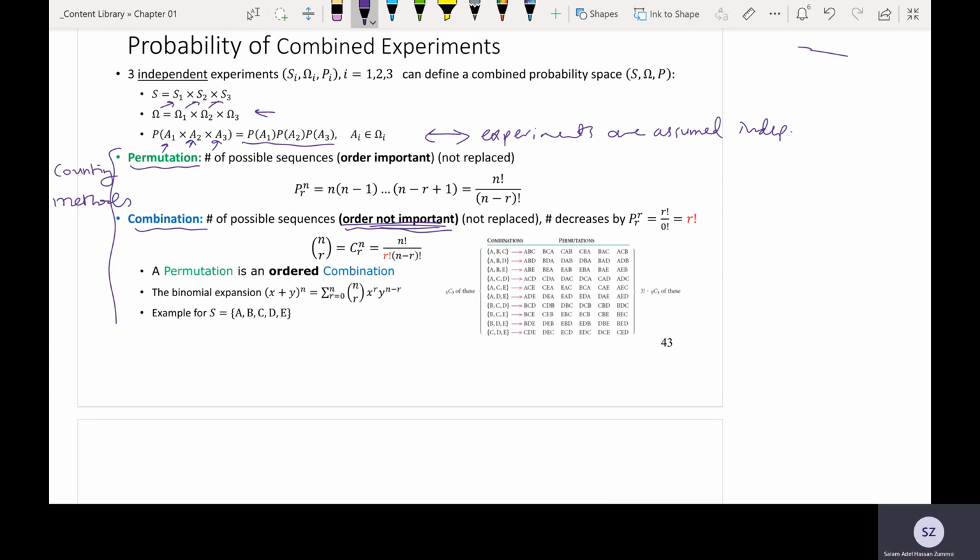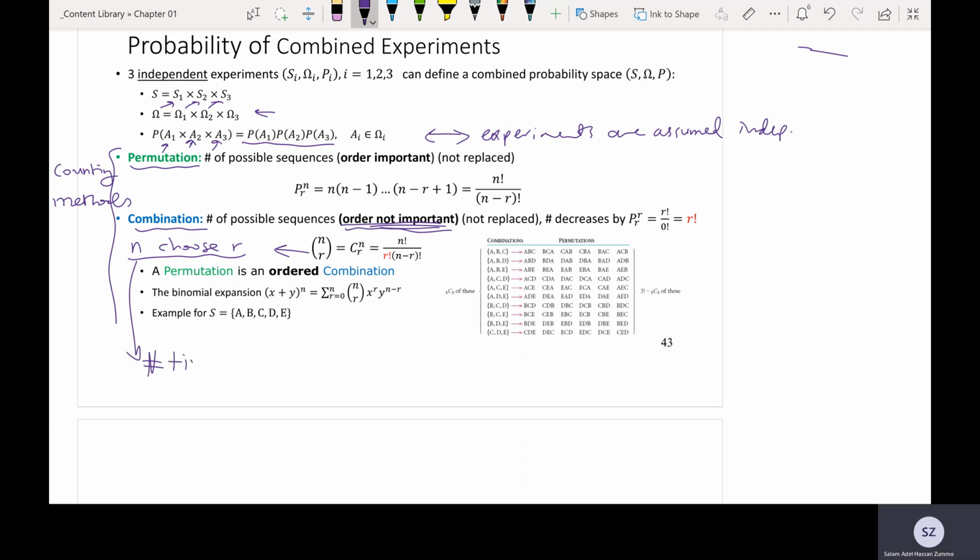It doesn't matter whether Mohammed comes first or Abdullah comes first. In this case we call this n choose r. So out of n, how many times can I choose r students? This is the way we read it, and it is in all the books. n choose r means what? It means the number of times,